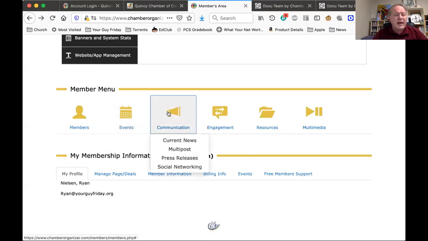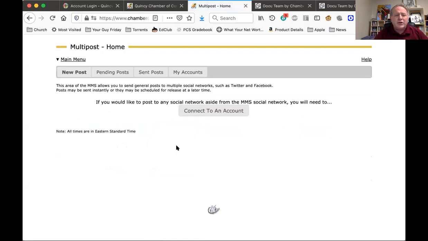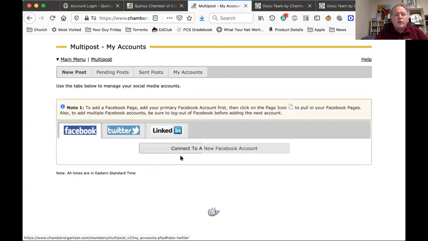Next, we have the communication tab here. The communication tab, again, if your chamber is utilizing some of these features, the first is current news. And this is quick access to news that the chamber posts. Next is multi-post. Within your own account, you can set up here, if you have them, your Facebook account, your Twitter account, and your LinkedIn account.